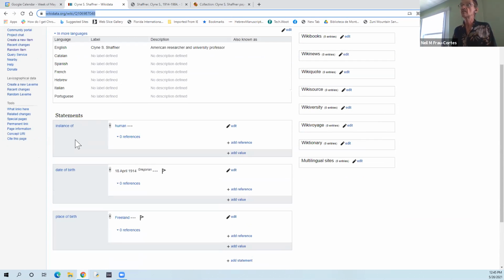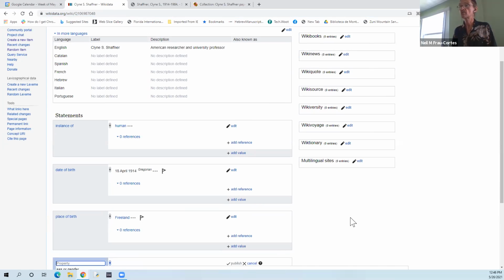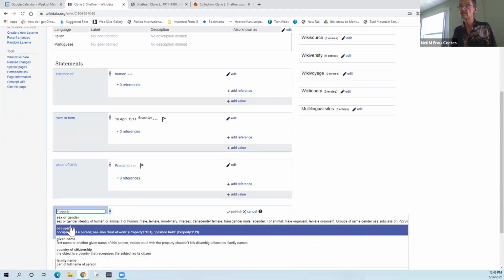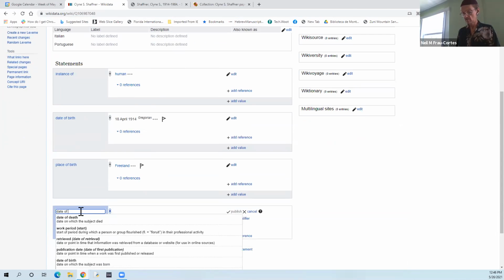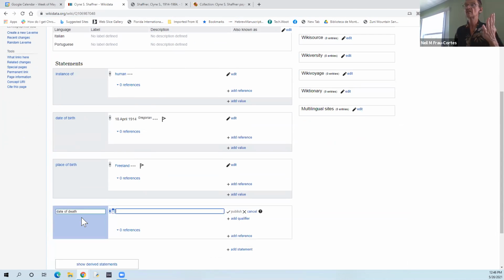This person is an instance of a human, and his date of birth is 18th of April of 1914. He was born in a place called Freeland. All right, so let's add something else. Let's add the date of death of this person. So I type date of death. This is kind of the verb. So I'm talking about Clyde has date of death, and here I introduce the date of death, which is, if somebody has the finding aid,